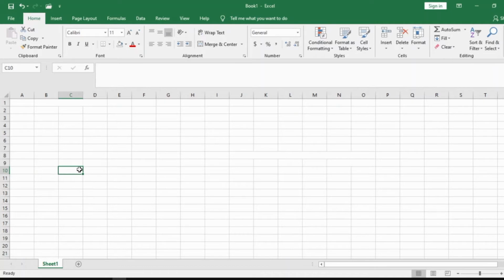All I need to do is to select the two cells or three cells or four cells that I want to merge, or even more. Then I'm going to come to this drop down menu, click on this drop down menu. If I want to merge and center, I click on merge and center. If I just want to merge the cells, I click on what? Merge cells. You can see the whole cells become one.